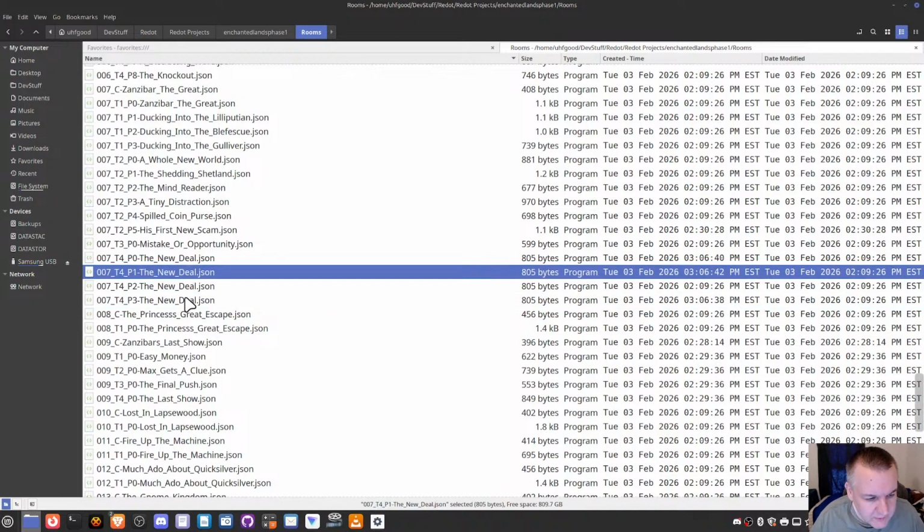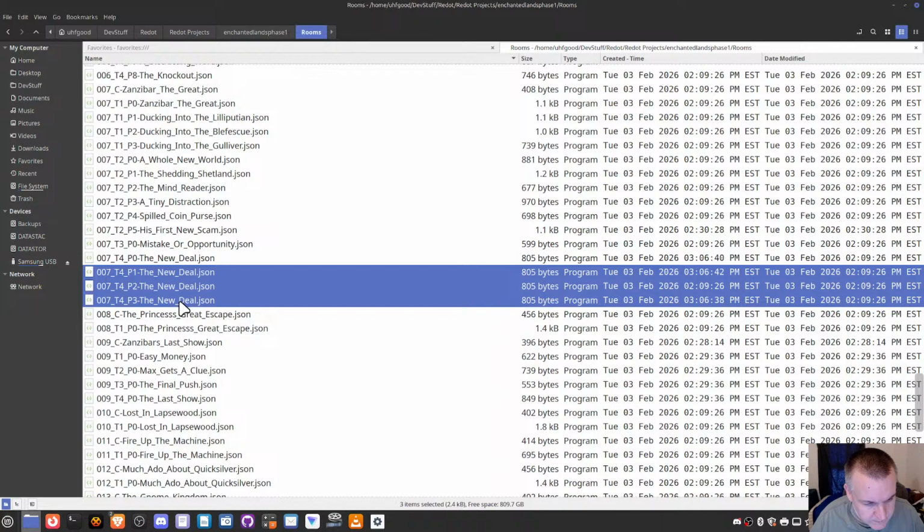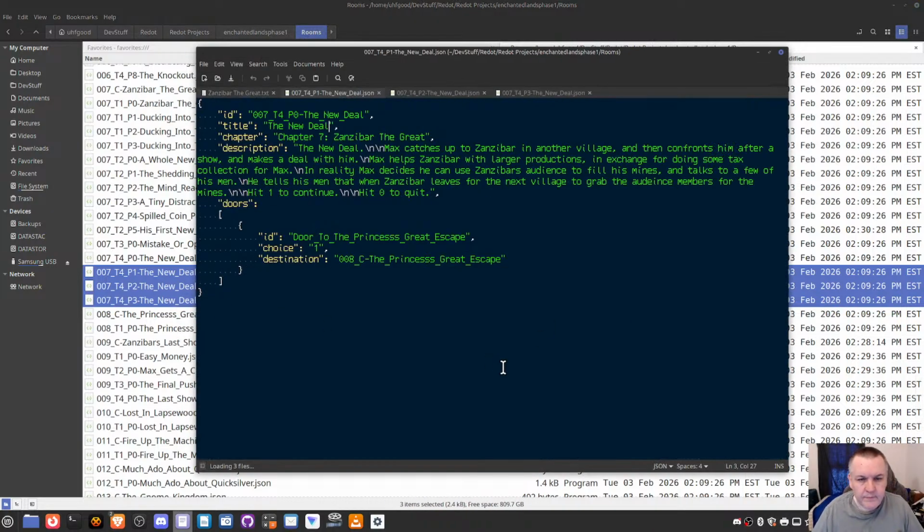Okay, so let's open these up. Text editor. Okay, so they're not each going to be called the New Deal. The New Deal is the one that says where he finds